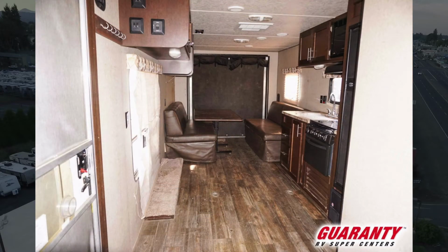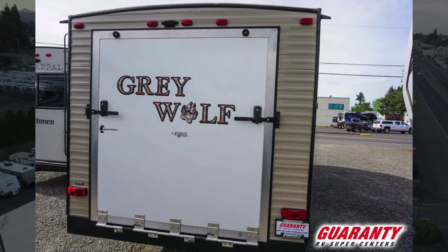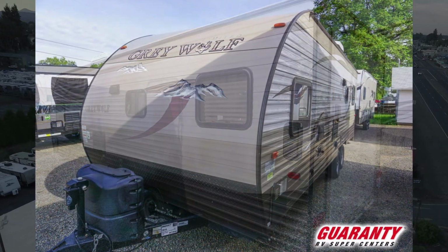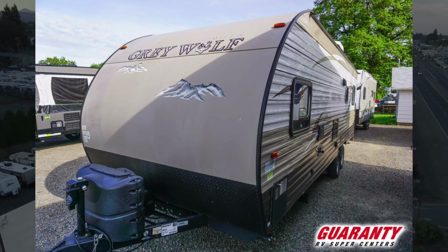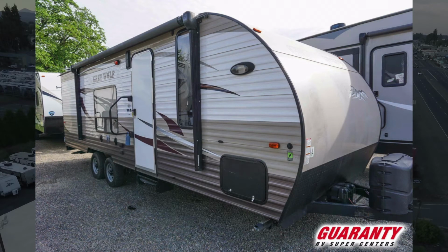Air conditioning on board. This is going to be a wood frame, aluminum siding. Exterior shower. Nice size hot water heater. Stabilizer jacks on all 4 corners. Just another one of our used pre-owned toy haulers that we have here at Guaranty RV Center. That is a small, lightweight